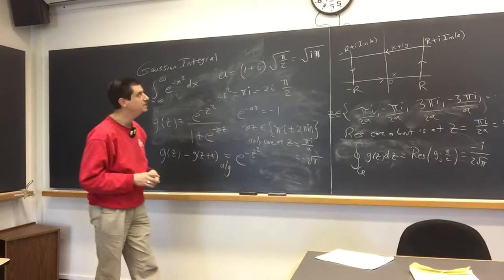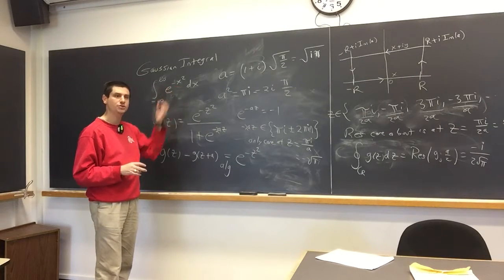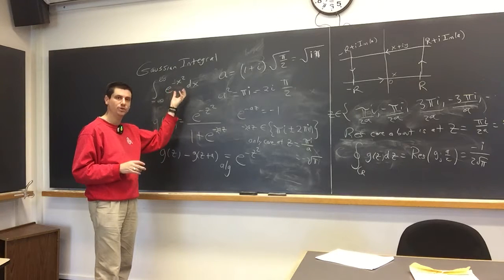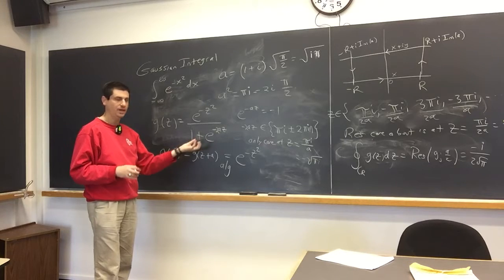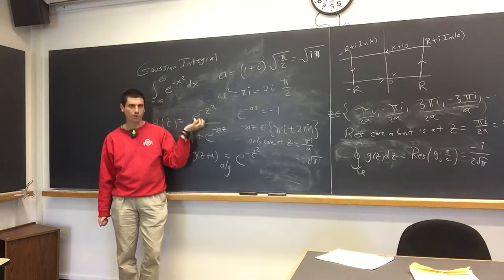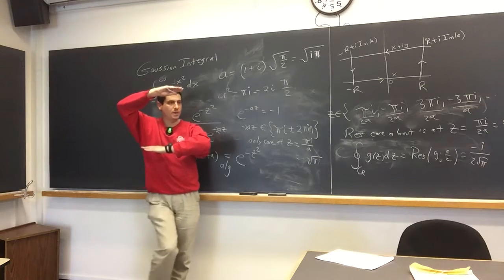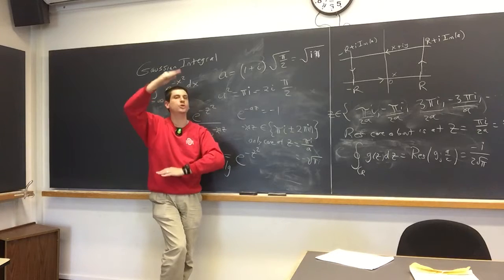The difficulty was we needed something that blew up. And the original function e to the minus x squared, this is holomorphic everywhere. This is differentiable everywhere. It has no poles. We need to somehow tweak it with something that had a pole. And what we want to do is tweak it in such a way that we get poles, and then the integral over the top is either identical to the integral over the bottom, or a constant multiple of it, or it combines